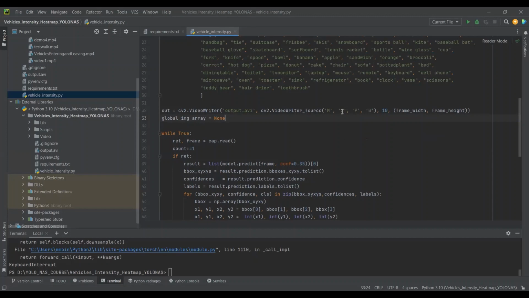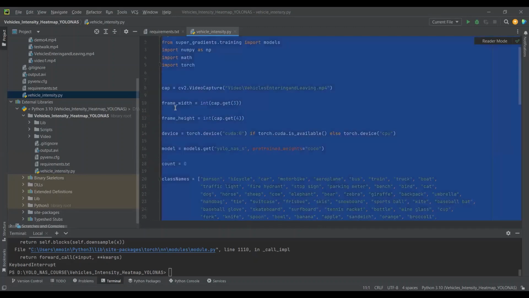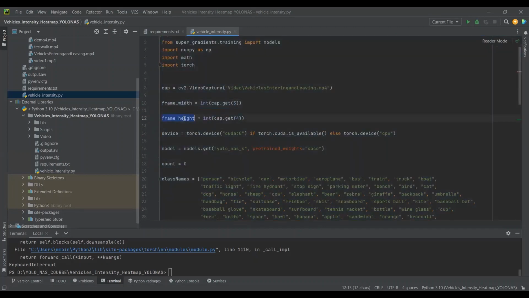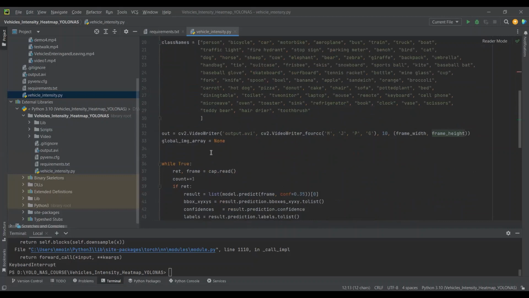Now what I will do next is calculate the width. This is one way; in this way you can also calculate the frame width and frame height. This is correct. There is another way in which you can calculate the frame width and frame height, and I'm just trying to tell you that way as well. So I will write over here